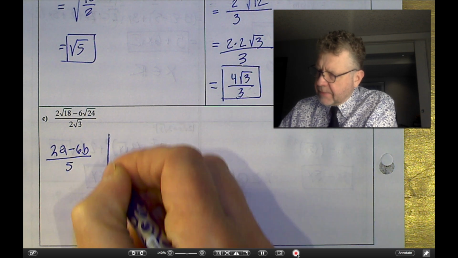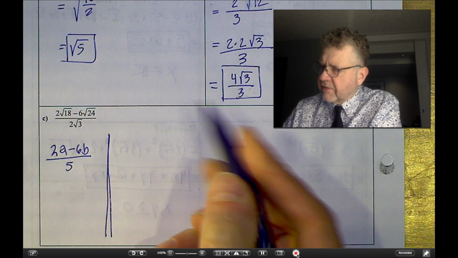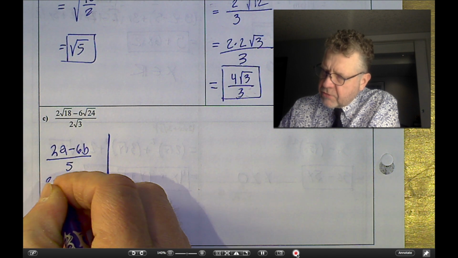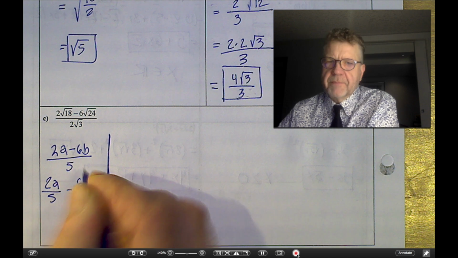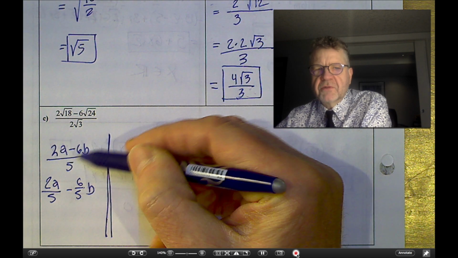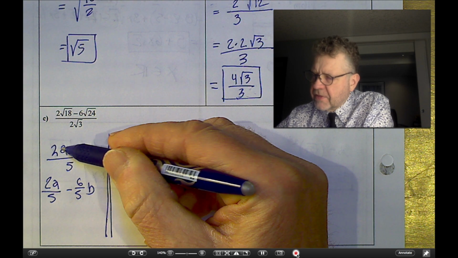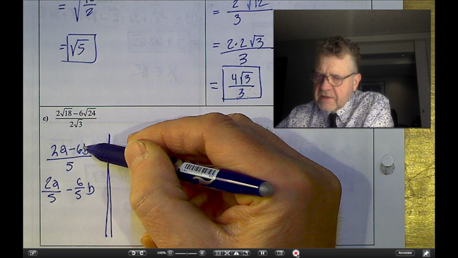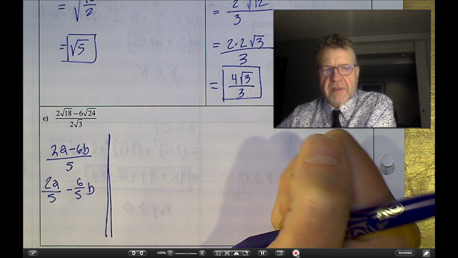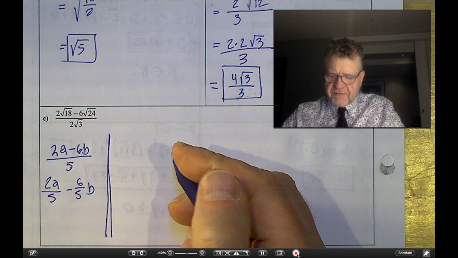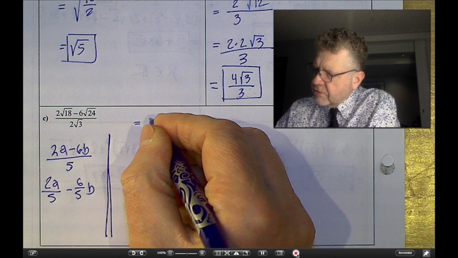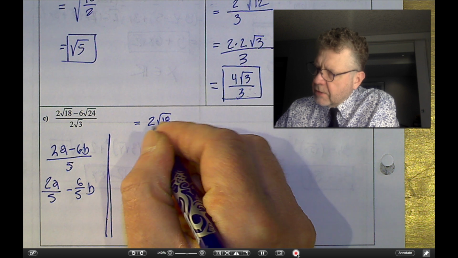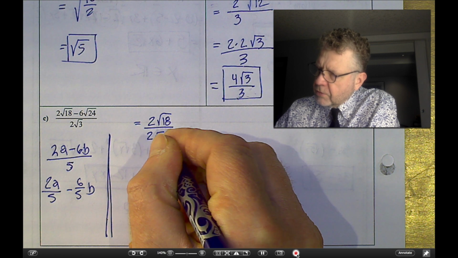This is just a counterexample to show you how we're going to solve this. That would be 2/5 of A minus 6/5 of B. So if you've got a situation like this, then you have to do both this division and keep them separate by whatever operator's right there. All of this to say that what we really have here is 2 root 18 over 2 root 3